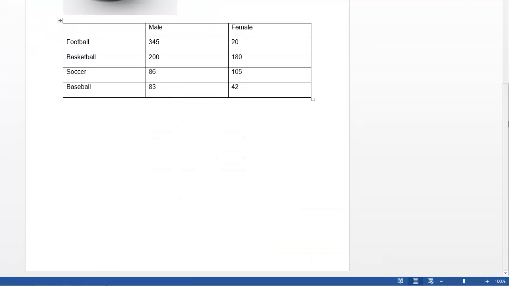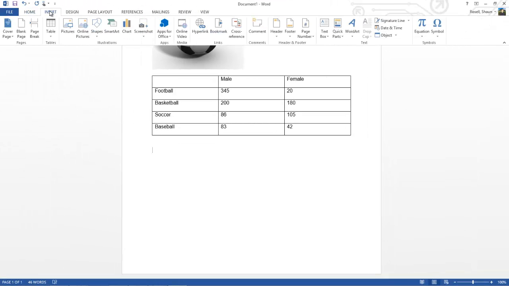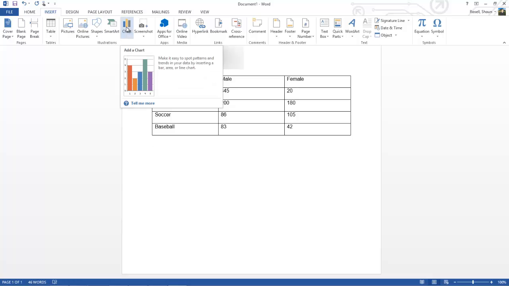Now, once we are done with our table, we are clicked off of the side of the table, and if we press the down arrow, that will take us off of the table completely, and then we can press enter to give us some space between the table and our next thing, which is we are going to create a chart of that data. Now, to create a chart, we go to the Insert tab on the ribbon,